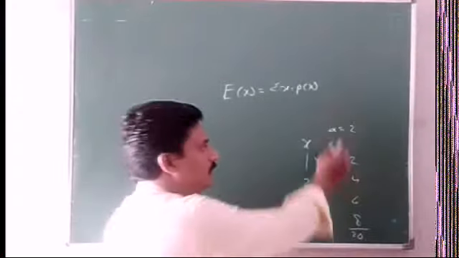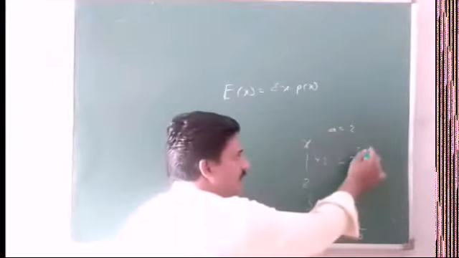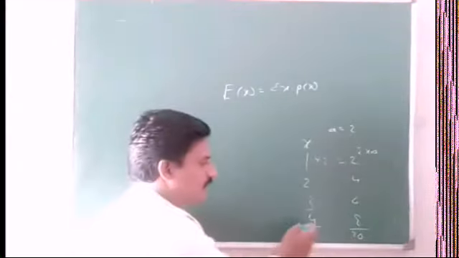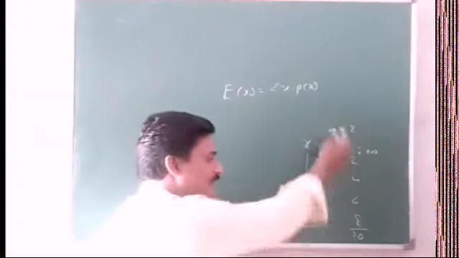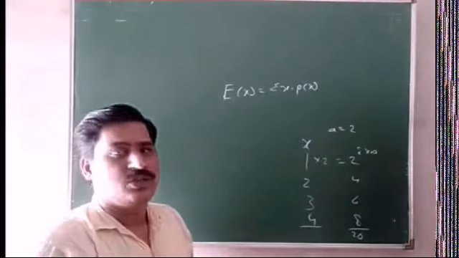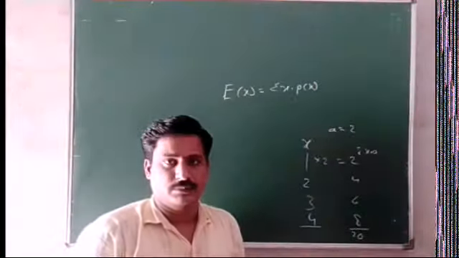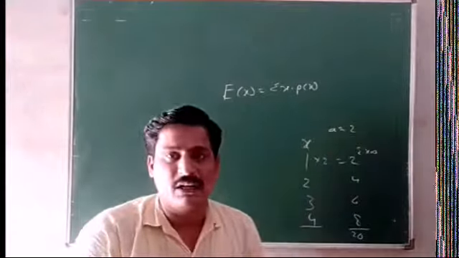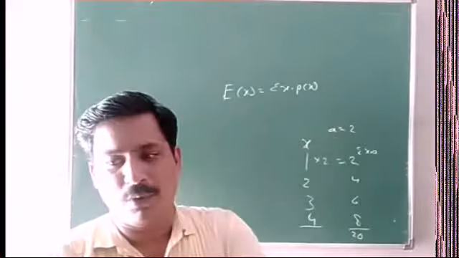Then if we do the same, what do we get here? Summation x into a. What is summation x here? 1 plus 2 is 3, 3 plus 3 is 6, 6 plus 4 is 10. 10 into 2, again we get 20 here. So without doing calculations in steps, how do we find the final answer directly? Okay, so certain things we prove here.